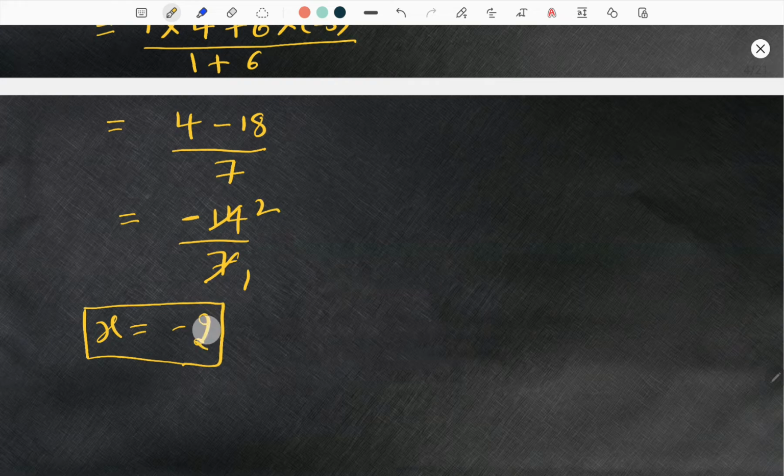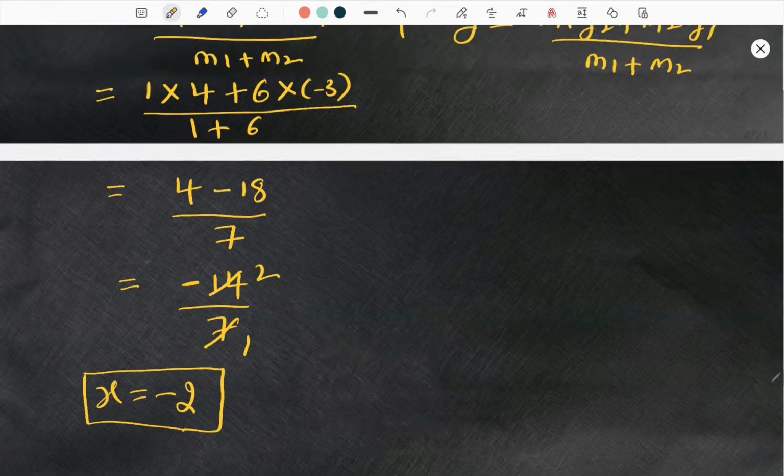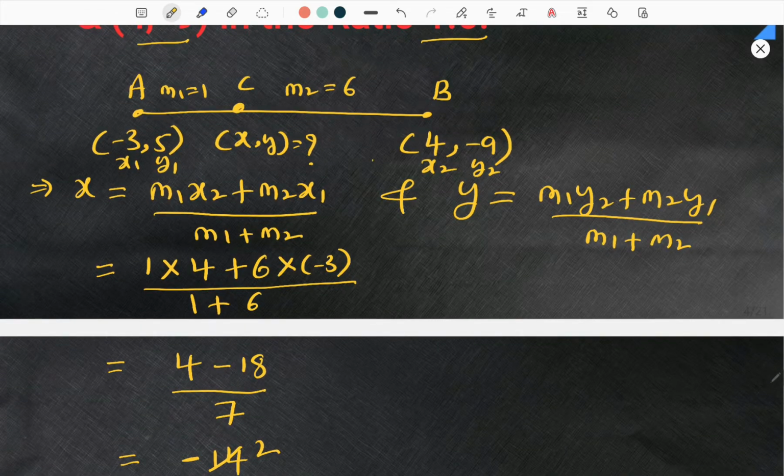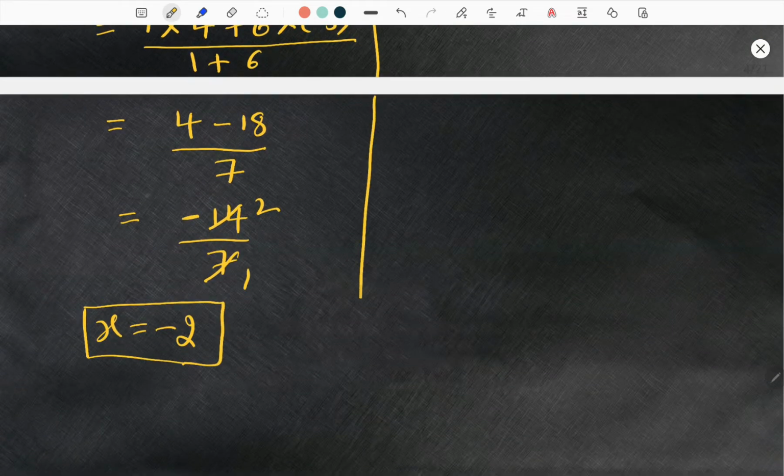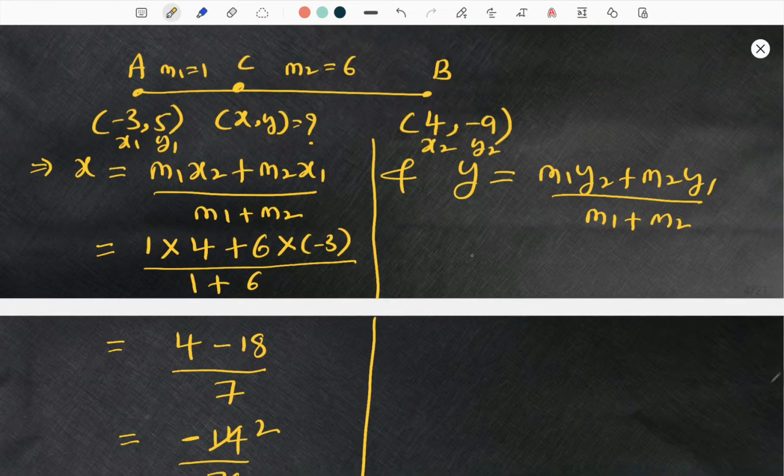All right. Similarly, let us go for this y also. This x is minus 2. Okay. What is this y value? You can put a line here if you want. All right. So let us substitute. y is equal to m1 y2